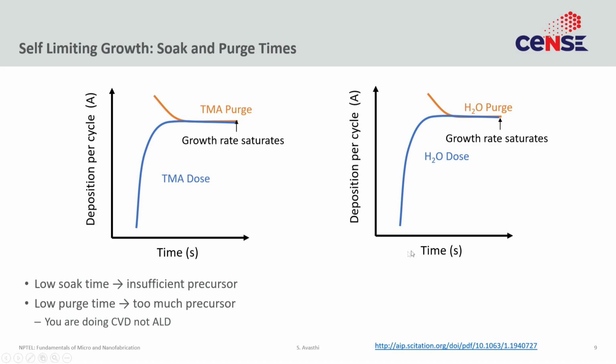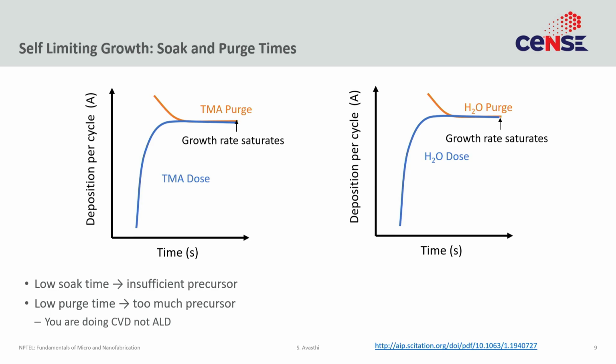So what you would do is the deposition, and you would plot the deposition per cycle, or growth per cycle, for that precursor and change the dose. You will change the dose from some small time to some large time, and you would plot the GPC. For very short times you will have incomplete chemisorption. Because of incomplete chemisorption you will have suboptimal growth rates. But once you reach the case where there is enough time for component A to form a self-limiting layer on top of the substrate, after that increasing the dose time further, which is this blue TMA dose, does not do anything. The growth saturates.